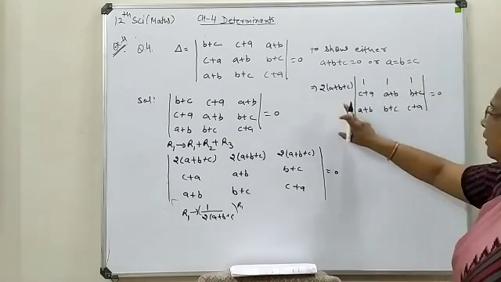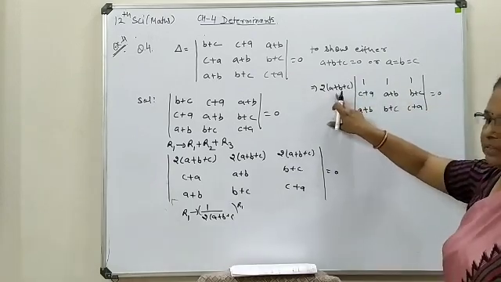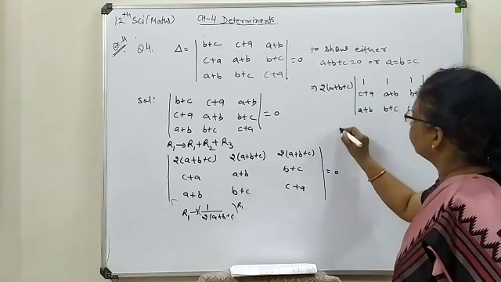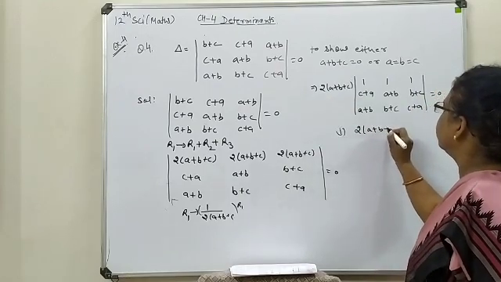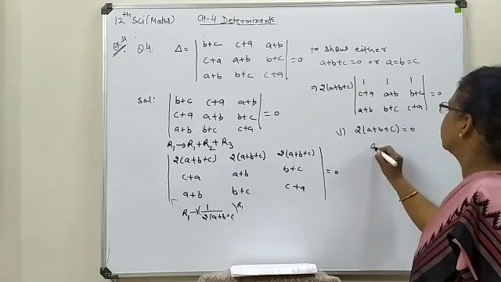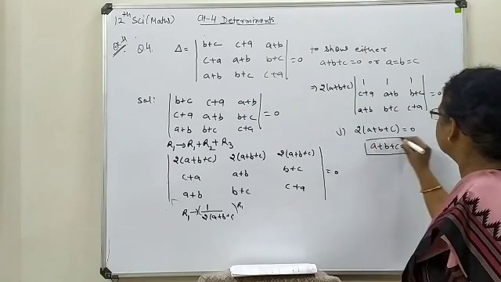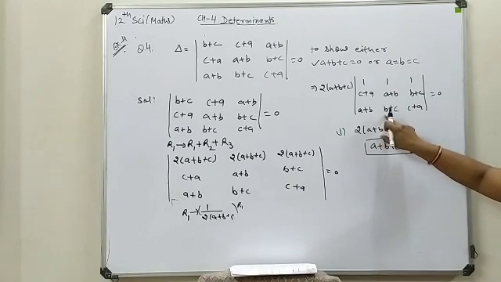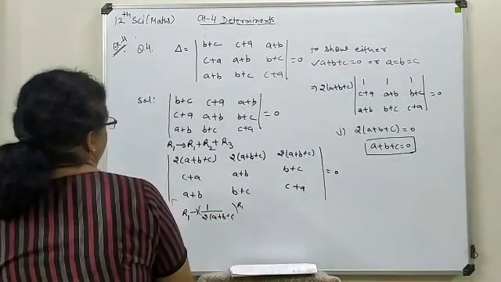From here, you can see the product of these two terms turns out to be 0. That means either this bracket can be 0 or this determinant can be 0. So the first proof we are getting from here is that 2 times a plus b plus c can be 0. So a plus b plus c is 0. You are getting the first required relation. Now move towards the remaining combination, meaning the determinant, that is to be worked out for the second required solution.